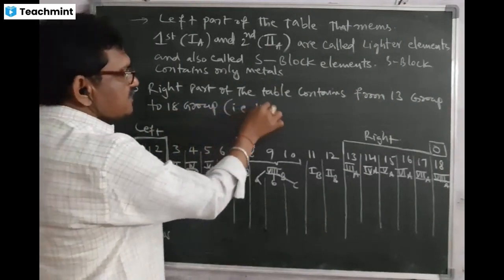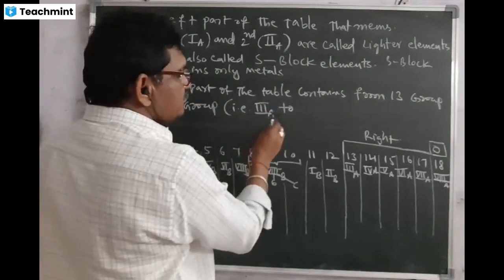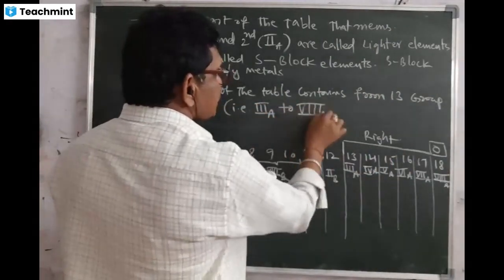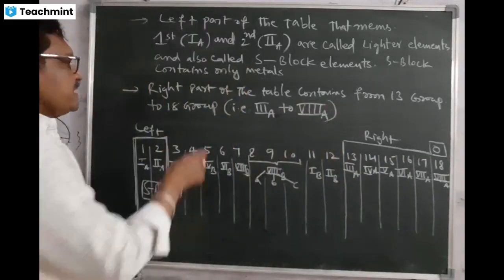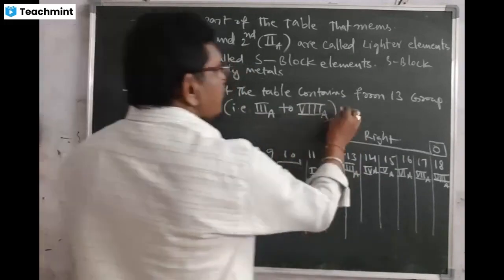That means third A to eighth A groups. 13th group to 18th group, third A to 8th A, are called